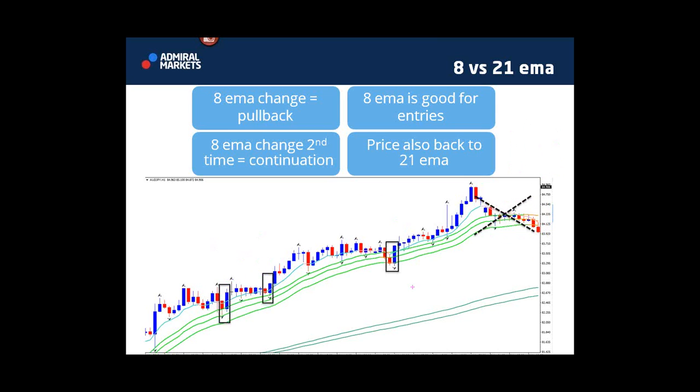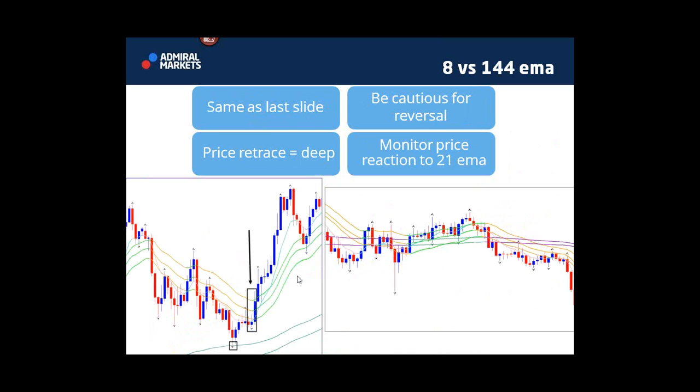All right. Now, obviously, sometimes we do get a setup and it goes up and fails, and that's why we have to be careful of divergence, which we'll talk about in a second. All right. As long as there's no divergence, there's a decent chance that these pullbacks will see decent continuations. Another thing I would like to see is price back to the 21 EMA. Anytime price gets back to the 21 EMA like this, and the 8 EMA turns back up, those are, I think, good pullbacks for trending momentum continuations. Price back to 21 EMA, 8 EMA, two changes, and that's it already. Now, that's a small pullback, right?